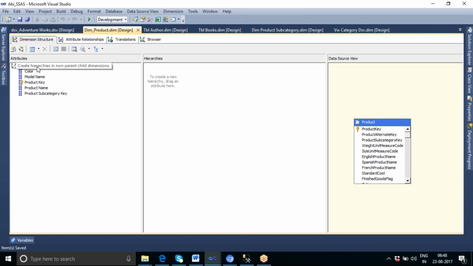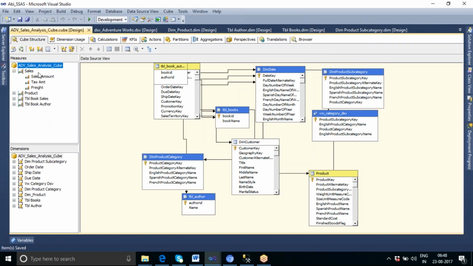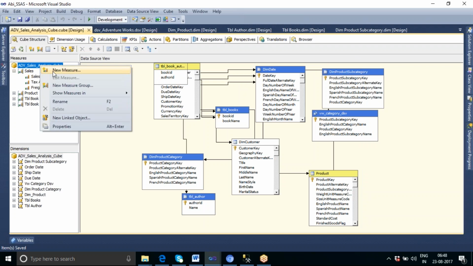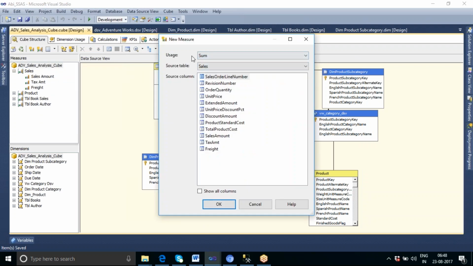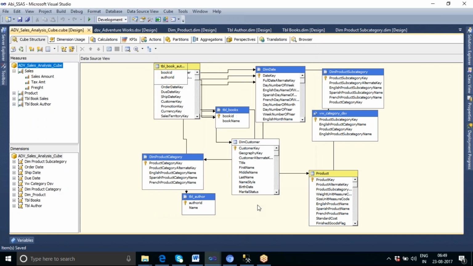Why? Because the cube is showing aggregated data while designing the measure. When you write an aggregated query, you require only the distinct data. So there also we are improving the performance.